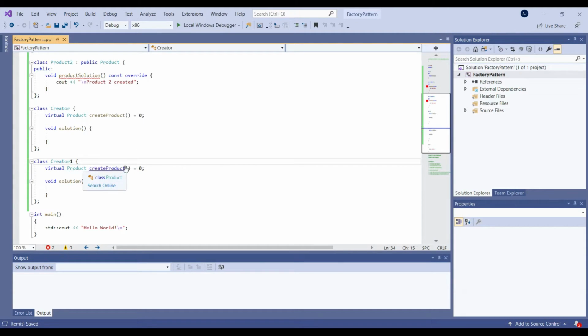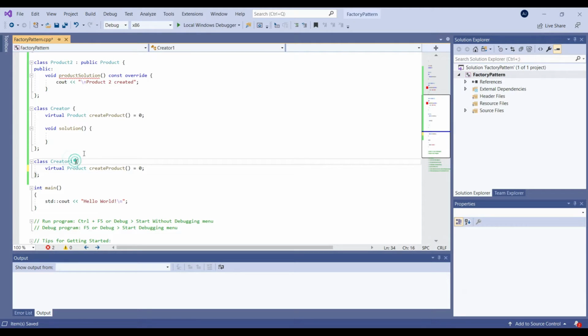Now let's add creator1 over here. We need to derive it from creator. In this, let's write create product. Let's extend it.